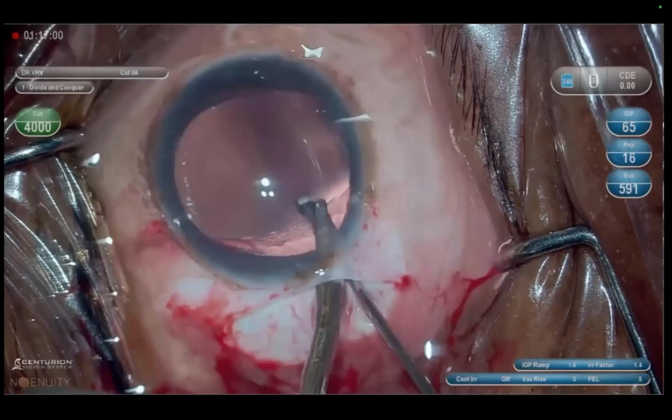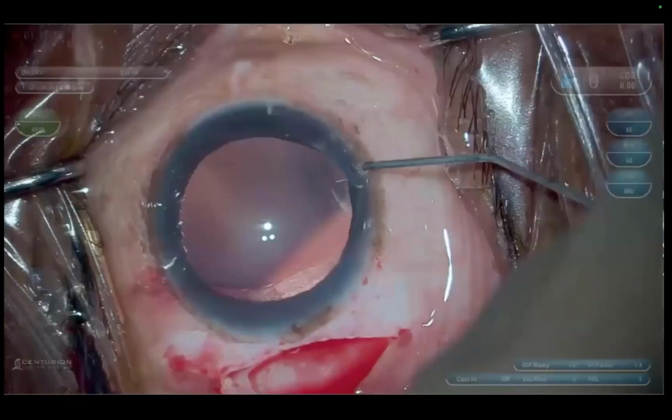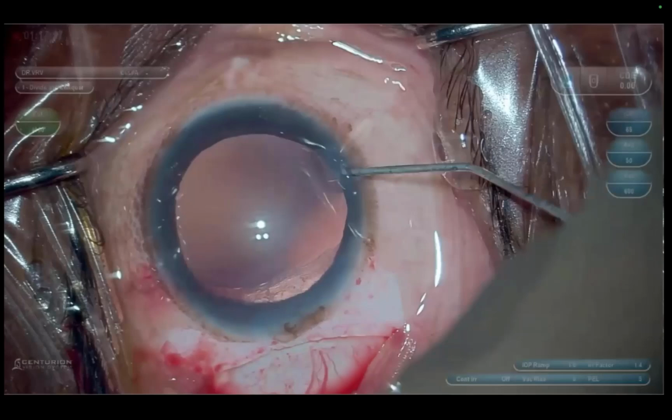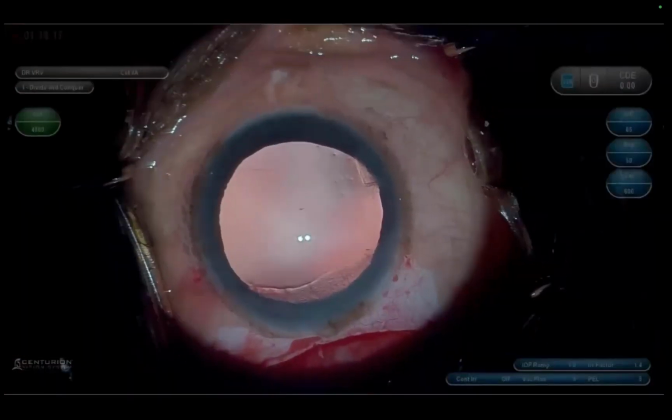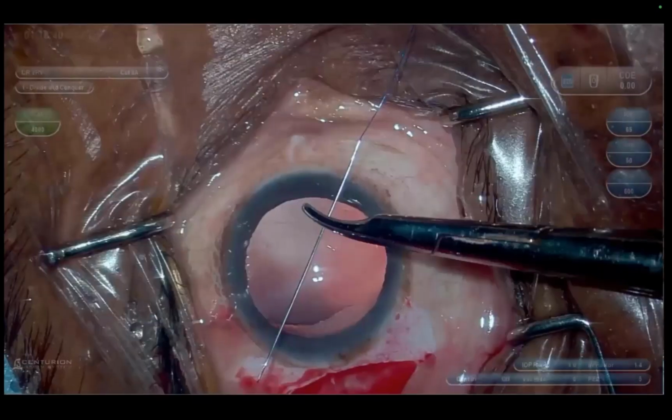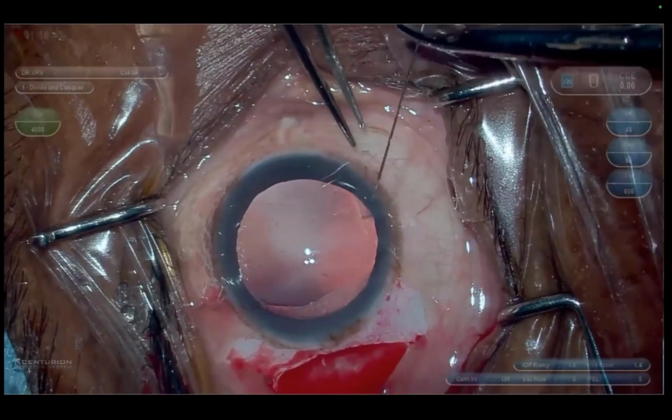So at the level of iris plane, usually it is around 1.5 mm. In myopes, it might go beyond, sometimes even 2.5 mm behind the limbus. You have to customize. You cannot fix 1.5 mm all the time, because if it's going to be 1.5 mm in a myope, you will be in the anterior chamber. So once that is done,